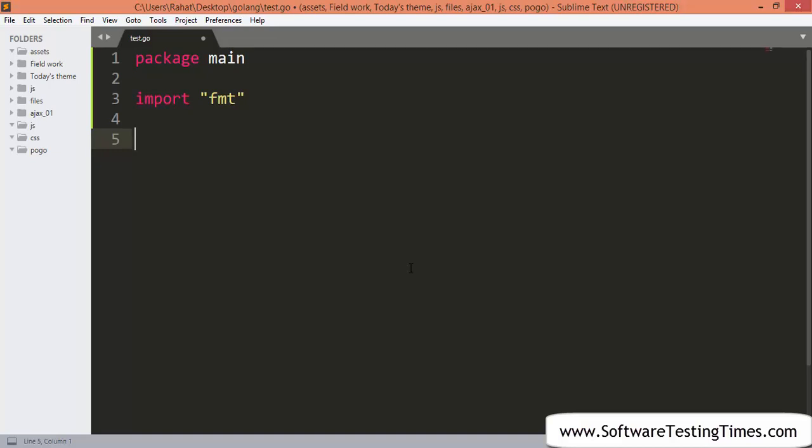So the next thing we can do, create a func, which is function, and its name will be main, parenthesis and curly bracket. This is the body of our code. In here we will use this package, which is fmt, for print,